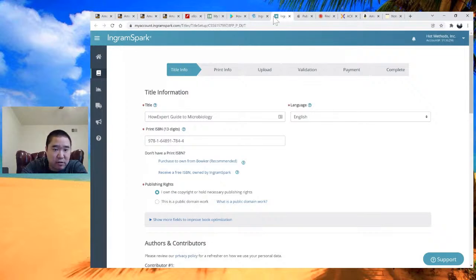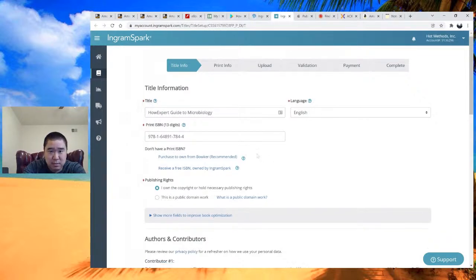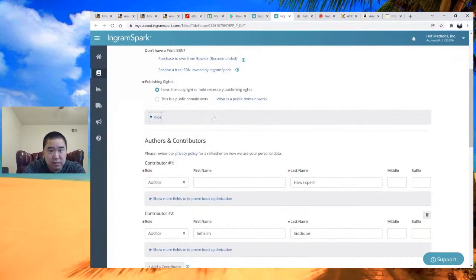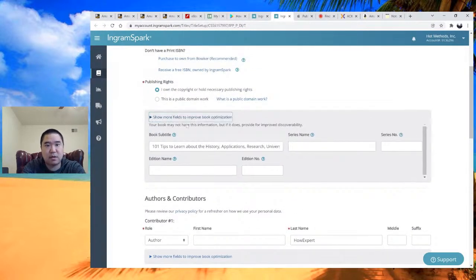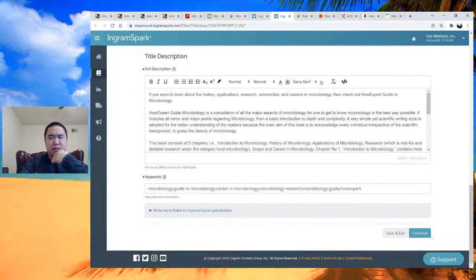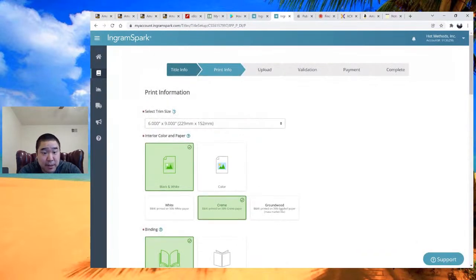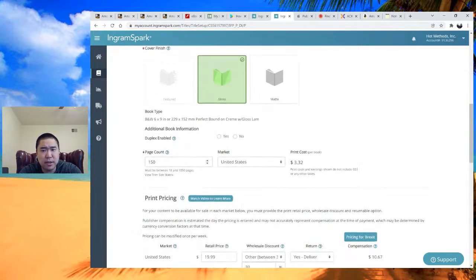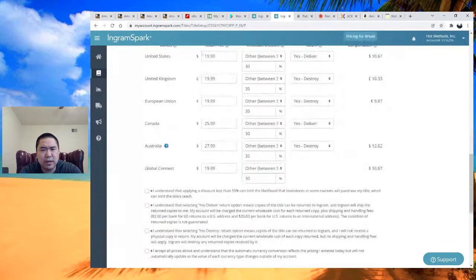Let's move on to the paperback version. Again, title, ISBN, language, rights, author names. Make sure there's a subtitle. Okay. Author names, categories, description, keywords. 6x9 size, black and white interior, cream paper, paperback, perfect bound, gloss. Okay, the page count, the price,